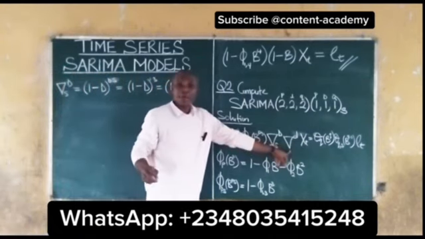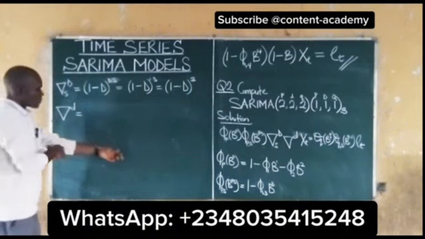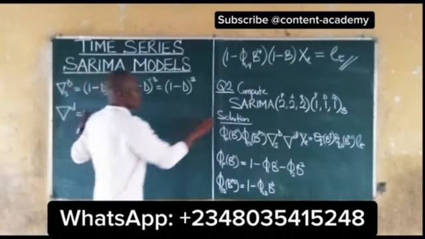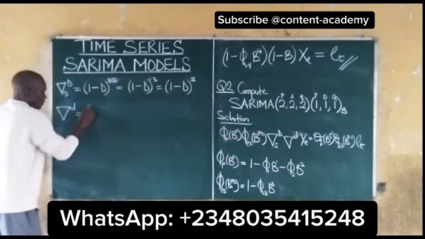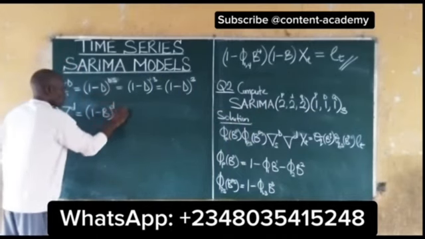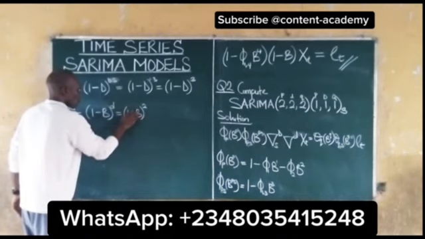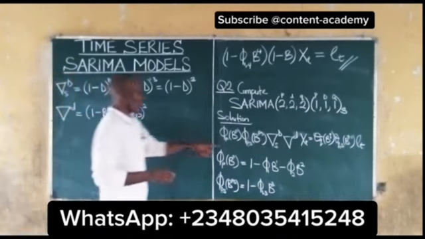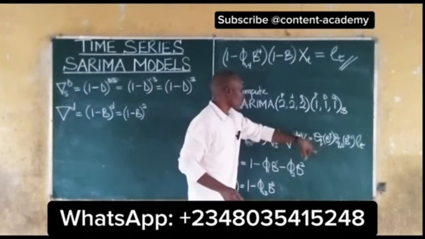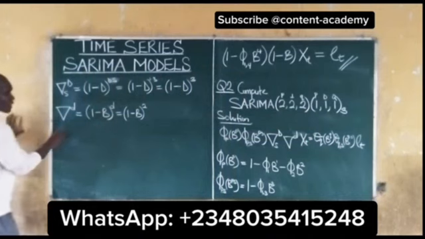Now, we have our non-seasonal part. The non-seasonal part is 2. So this is the same thing as 1 minus B raised to the power of d, which is 1 minus B raised to the power of 2. So this is what we have. Now, we also have our X_t. We also have that of the moving average. The moving average is 2, so we have